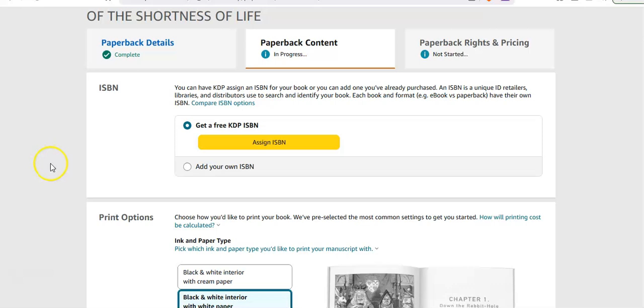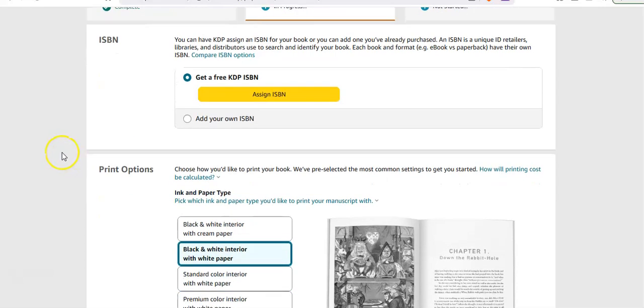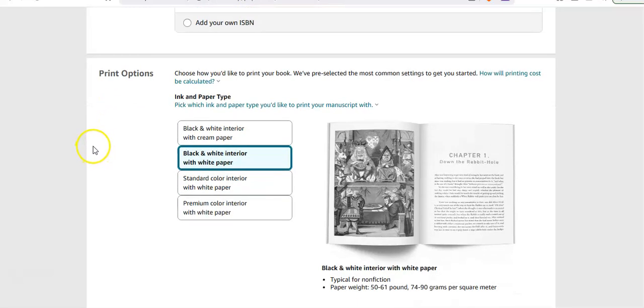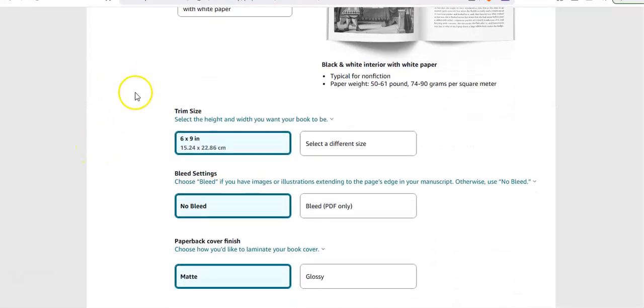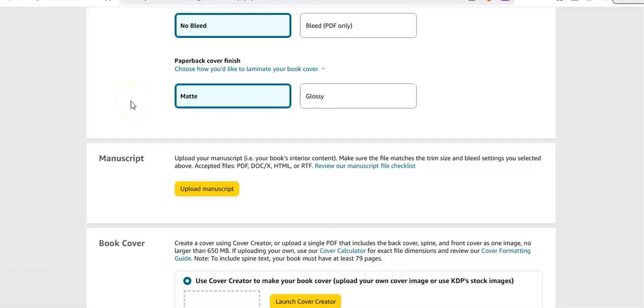Okay. Here we go. Now here's where we get our free KDP ISBN. I could add my own, or I can use theirs. I'm going to use theirs. So I'm going to stop it here, and we'll continue this later. But the next video I'm going to do is about clicking this, creating the ISBN, and putting it into the book and finishing the book. Because then when that's done, and I save that, then I come back here, select my options, this, that, and the other.